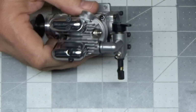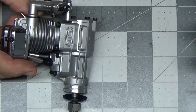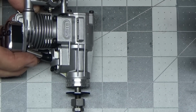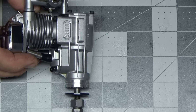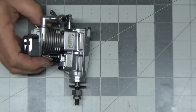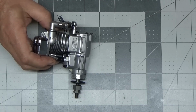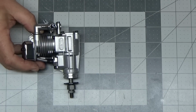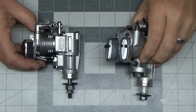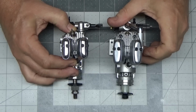Now, one thing I think is interesting is this is a 40A, which, back in the 80s Saito released one of their first 4-stroke sizes was a 40 size engine. And although this engine I'm about to put in frame here is not a 40 size engine, it is the same physical size as the 45s of old. This is a Saito Mark I 45, and you can see the size difference